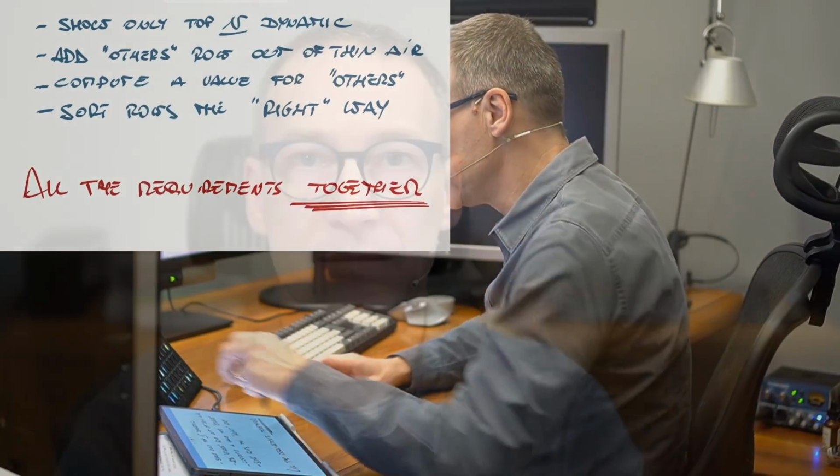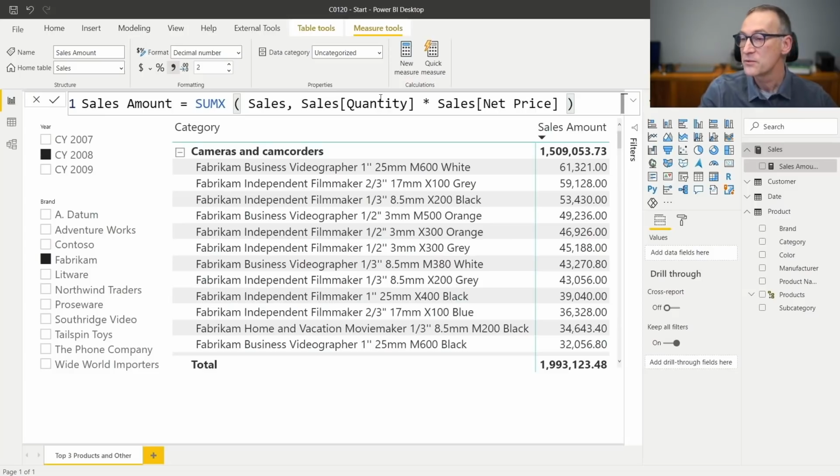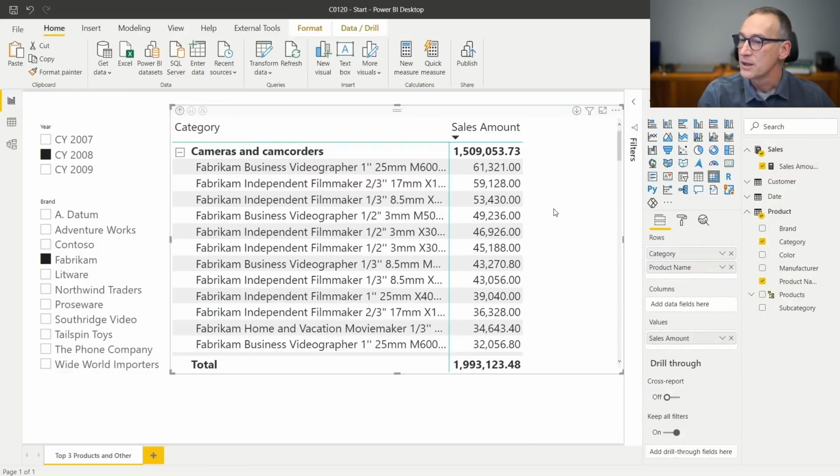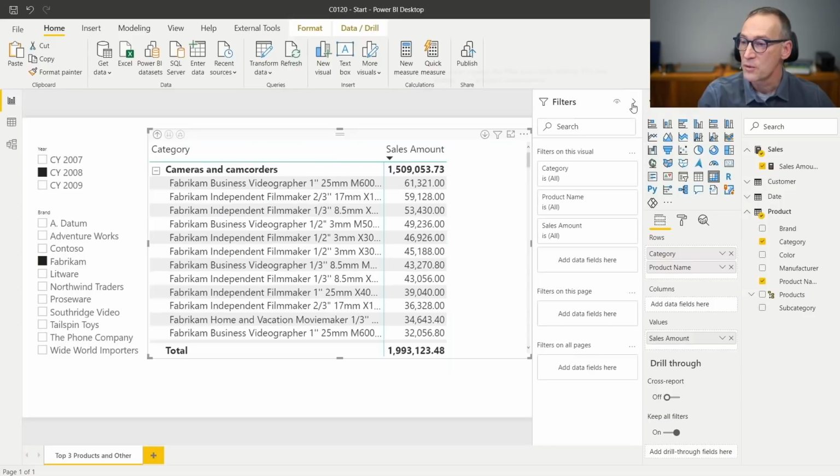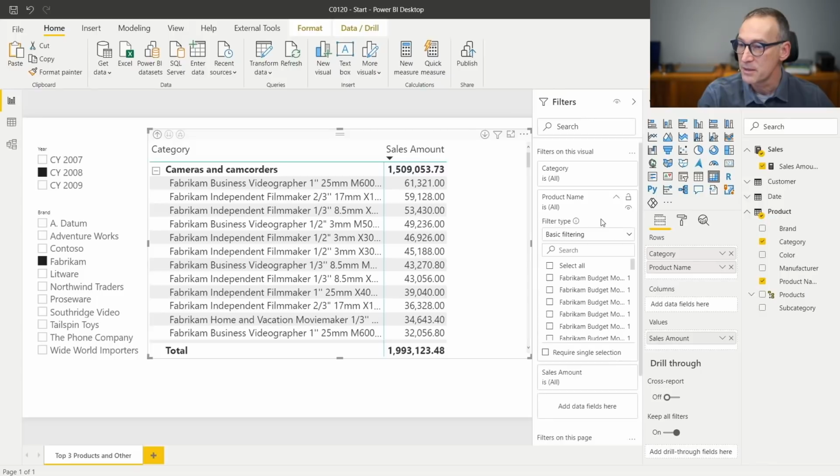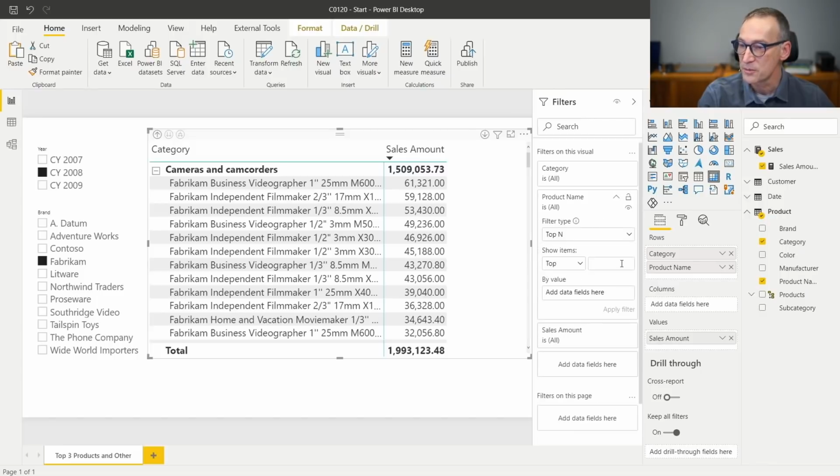So now let's start by solving the first problem, which is filtering the visual in order to show only the top 3 products. I have different ways of solving the same scenario. I need a bit more space here. The first one is just using the features of Power BI. I can use a filter on this matrix and say for the product name that I want a filter, which is a top n, showing the top 3 by sales amount. I drag the sales amount into the value, and once I click on Apply Filter, as soon as Power BI finishes,